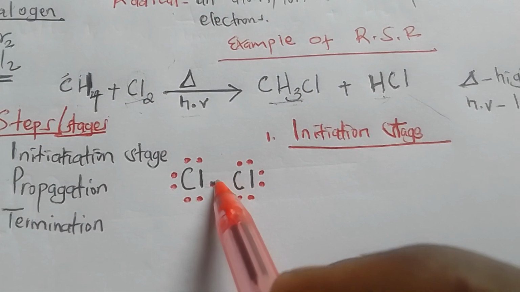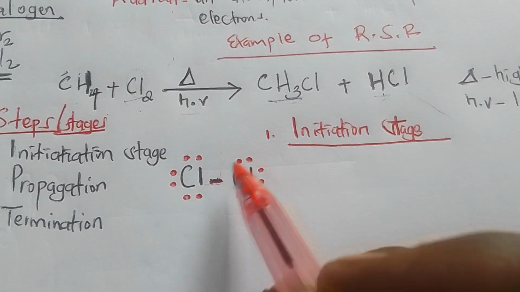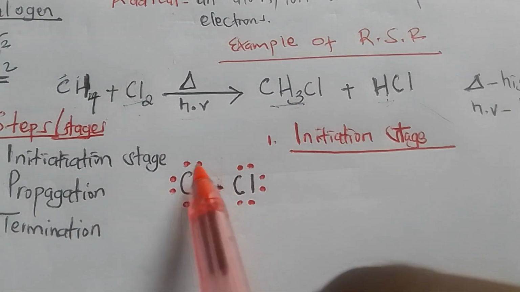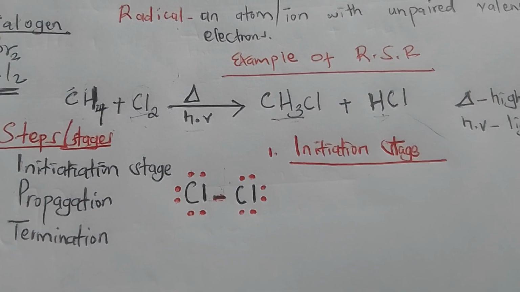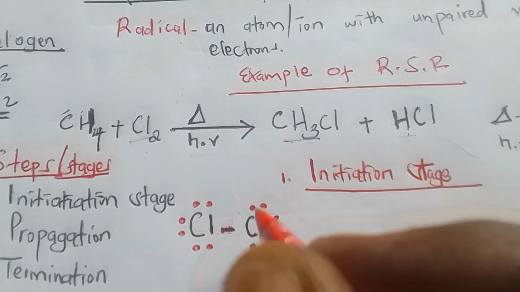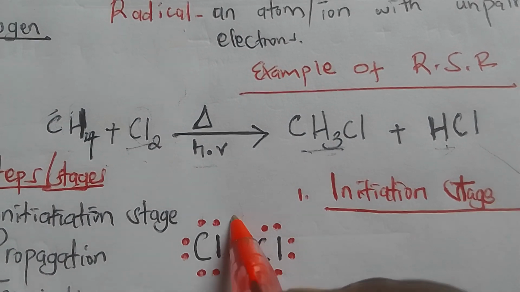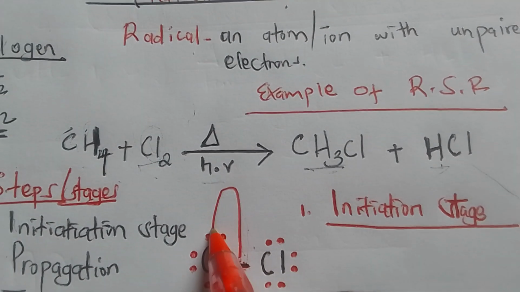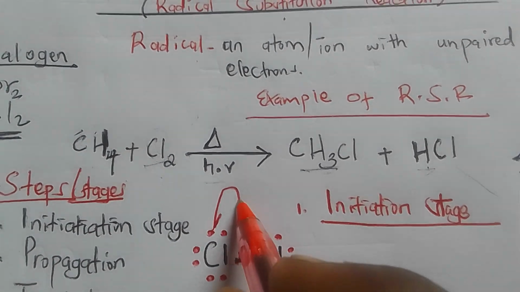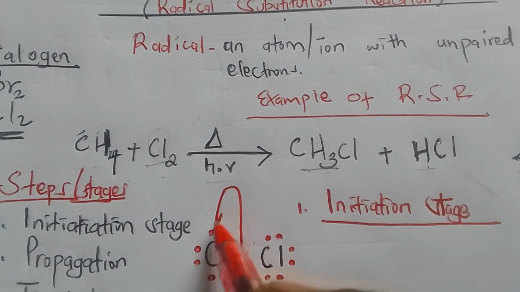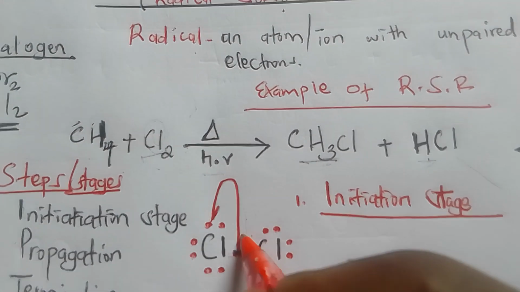So therefore we are going to divide this pair of electrons equally between the two products of chlorine. When you draw that mechanism, we are going to draw the mechanism of that bond cleavage. So one electron goes to the first chlorine atom. We represent the movement or the cleavage by half arrows,